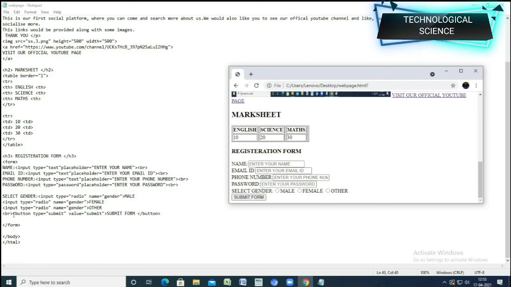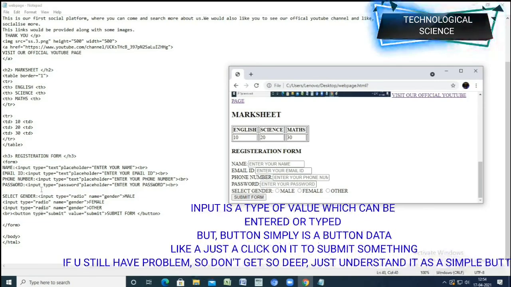Now what type of thing are you entering in your registration form? Input basically means that there are input, button and several other things in the registration form, but all those tags and values cannot be covered.